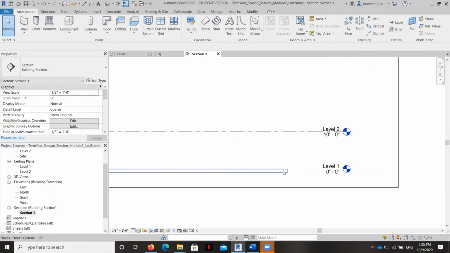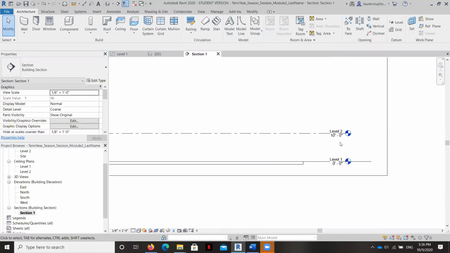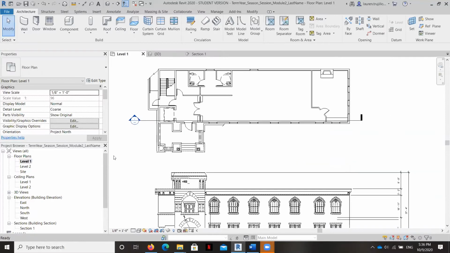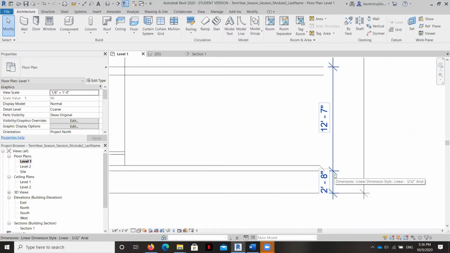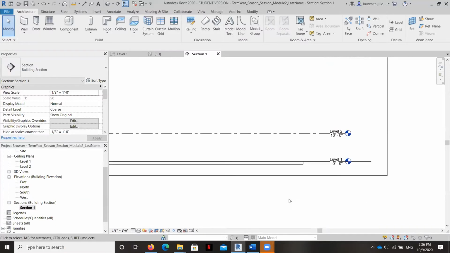And you can see I've got a level 1 already placed. Now, Revit has already placed in a level 2 as well, and it's just kind of assuming some information based on the default settings of Revit. So what we're going to do is change that. And so as I told you, I can move levels up and down very easily. So if we go back to that level 1 floor plan where we saw our elevations, I need a second level 2 feet up. And then after that, I need another one that's 12 feet 7. So let's go ahead and create some levels here.